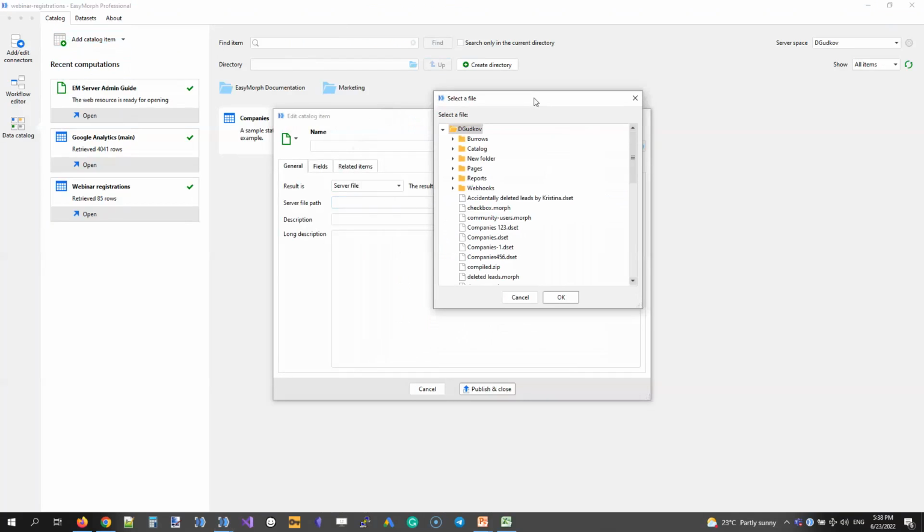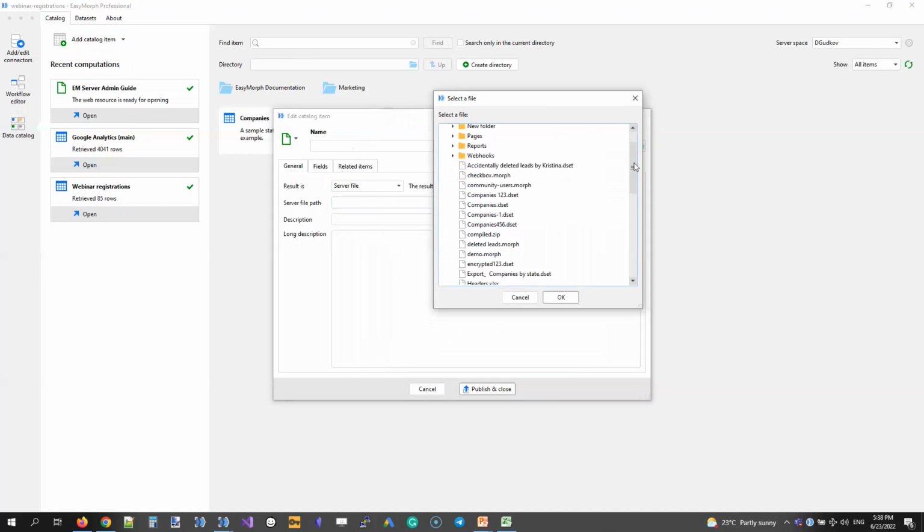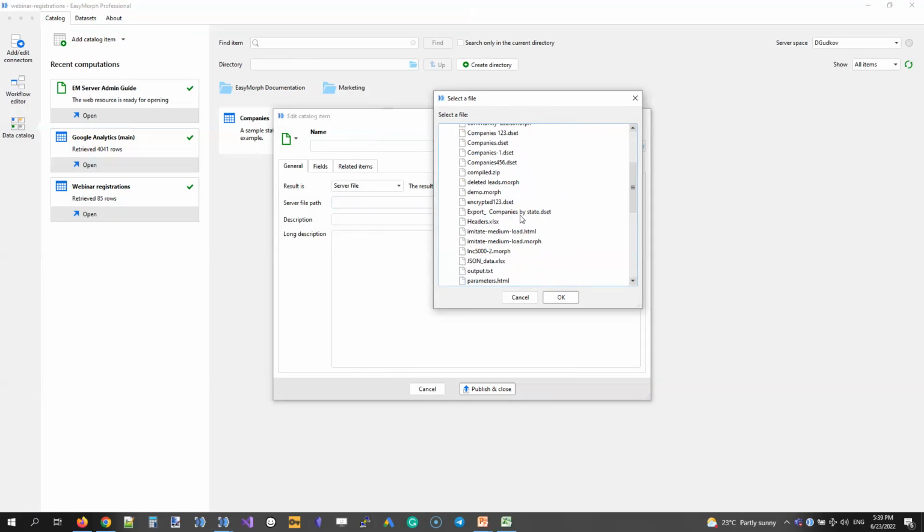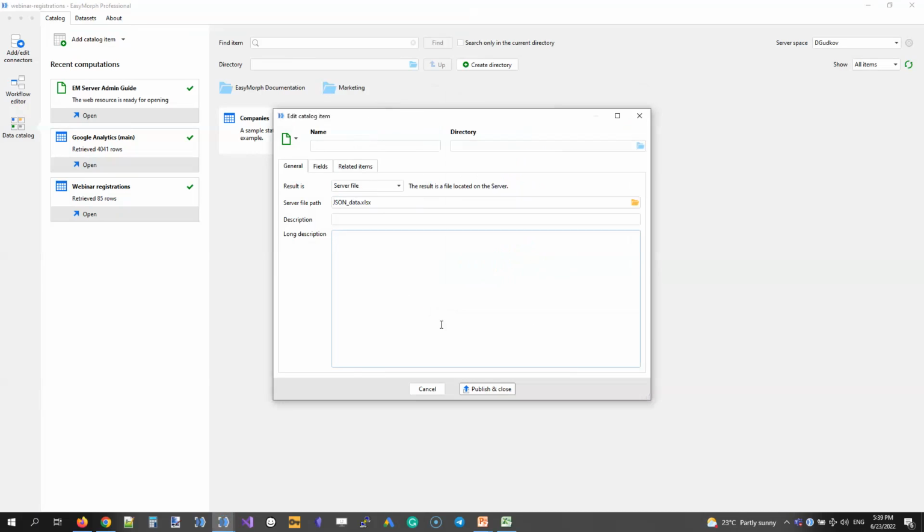At this point, in the initial release, we only support files stored on EasyMorph server, but in the next releases, we will be adding support for files stored anywhere: Google Drive, SharePoint, SFTP server, Amazon S3 buckets, anywhere. Let's select a file here. Maybe we want it to be an Excel file. We'll give it a name, test Excel file, and we've just published our new catalog item.